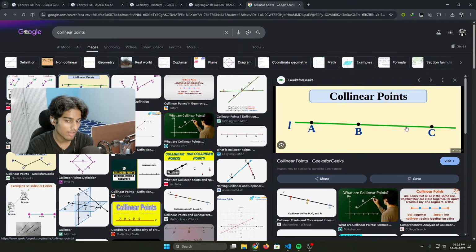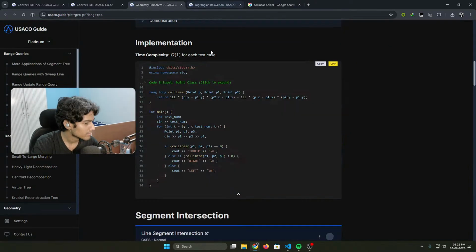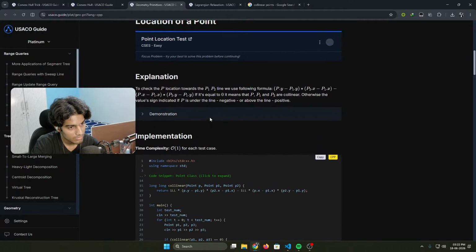First of all, if we try to find the area of the triangle, we will get 0. That is the first thing. How are they doing it? So we have distance into distance minus